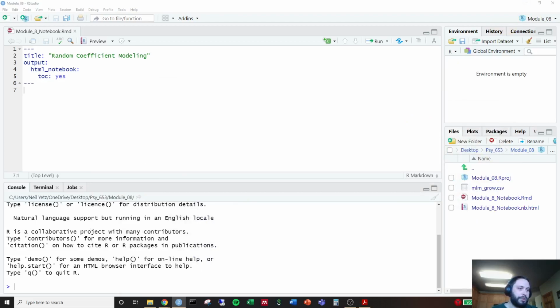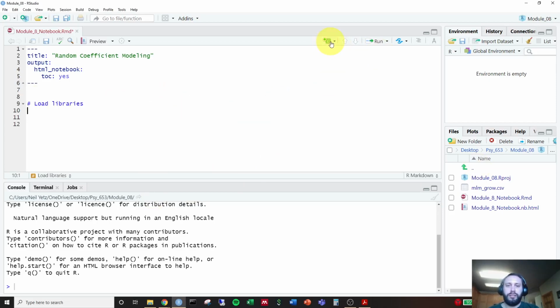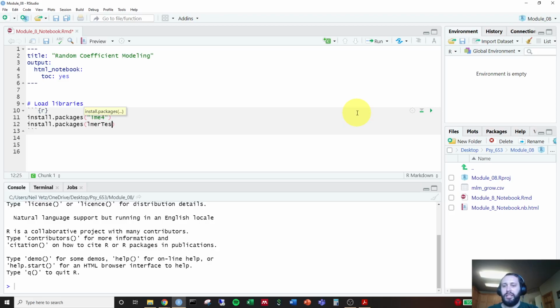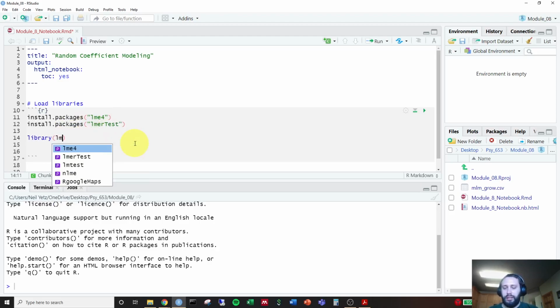Let me go and load up some notes real quick. Okay, so hashtag load libraries, insert a new R chunk. So we're going to do install.packages("lme4"), install.packages lmerTest, capital T. Oh, and that's going to be in quotation marks actually. Put that in quotation marks. There we go. And then library(lme4), library(lmerTest),